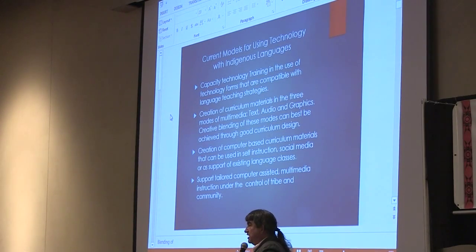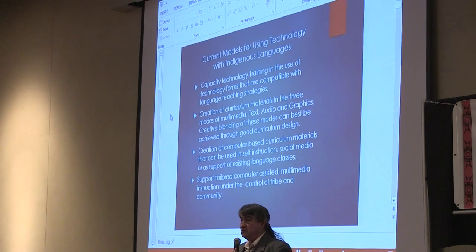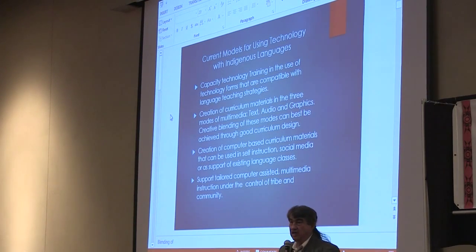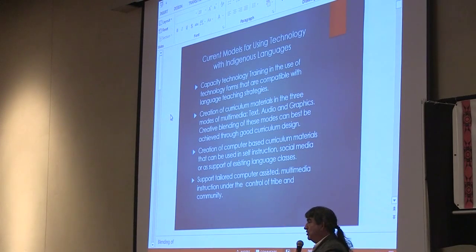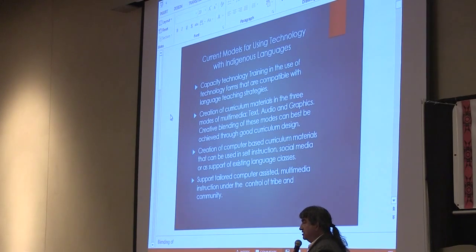They can create some amazing kinds of curriculum materials that are very, very engaging and that are very specifically tailored to the needs of different language programs, different language initiatives. So I'm really encouraging the development of collaborations, especially with interested college students that have that facility of use of technology. Their learning curve, they can learn programs really quickly and actually be on the ground creating curriculum materials almost within a month's time.